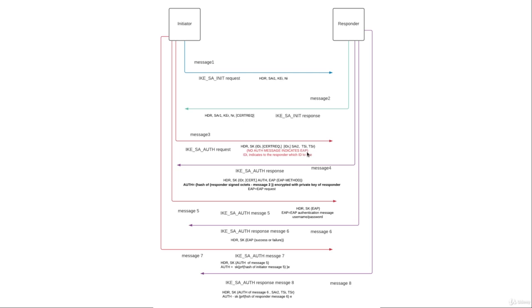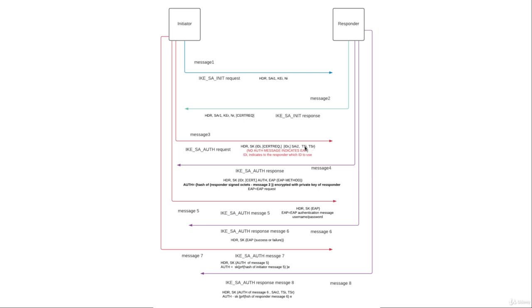The responder receives the message from the initiator with no authentication data. Also, before we forget, the initiator sends its child SA, security association, which is phase 2 encryption, hashing, and authentication proposals. It also sends along with the message the security association initiator, the traffic selector initiator and traffic selector responder